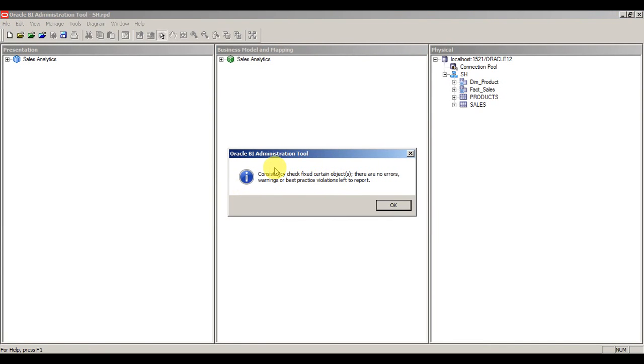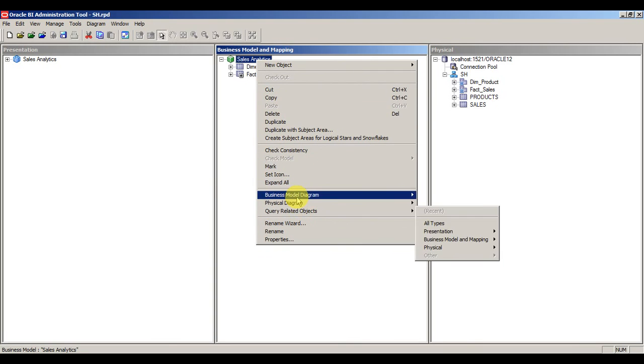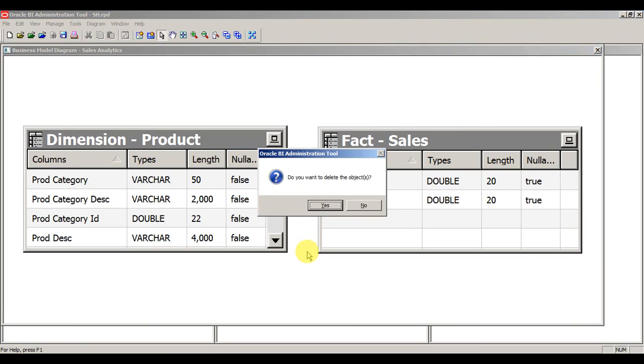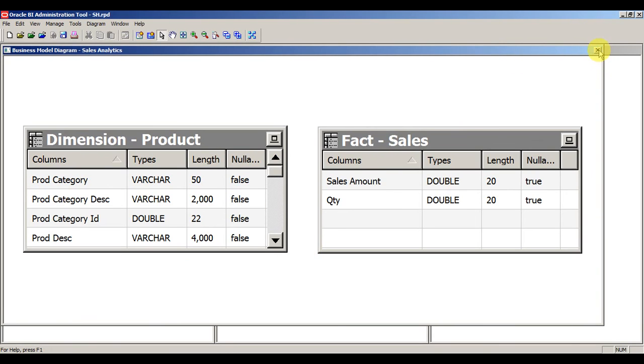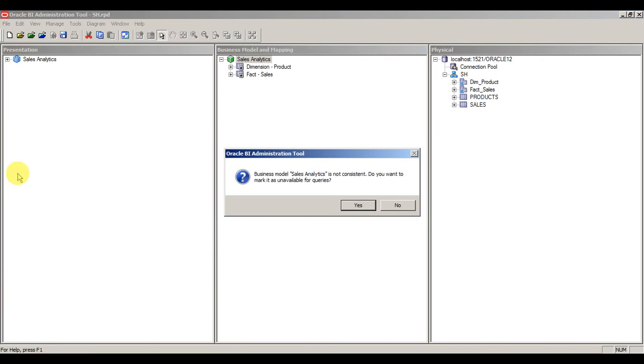Since this is the basic model we did, we're not getting any reports of errors or warnings, but just to make it inconsistent, we'll do a small change to see how it works. For example, I'll remove this join from the BMM layer and let's execute global consistency.